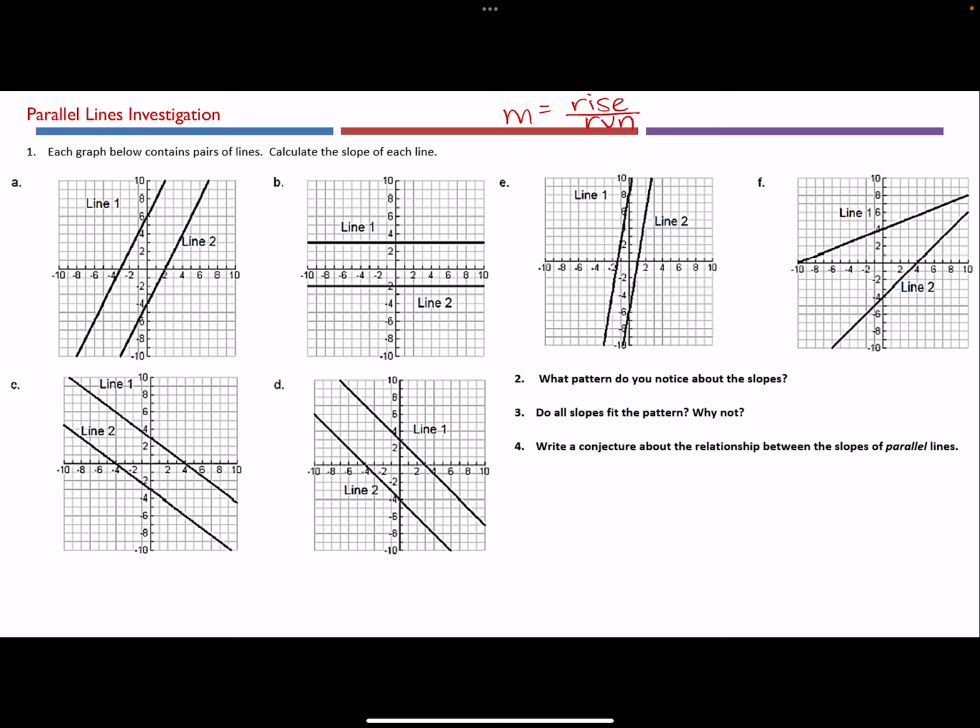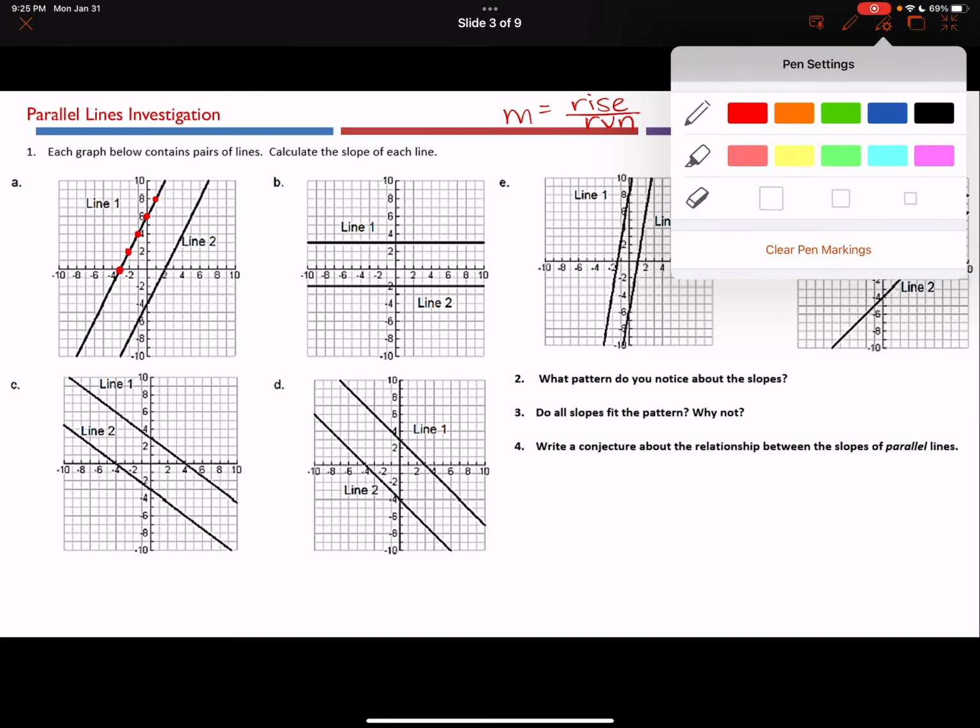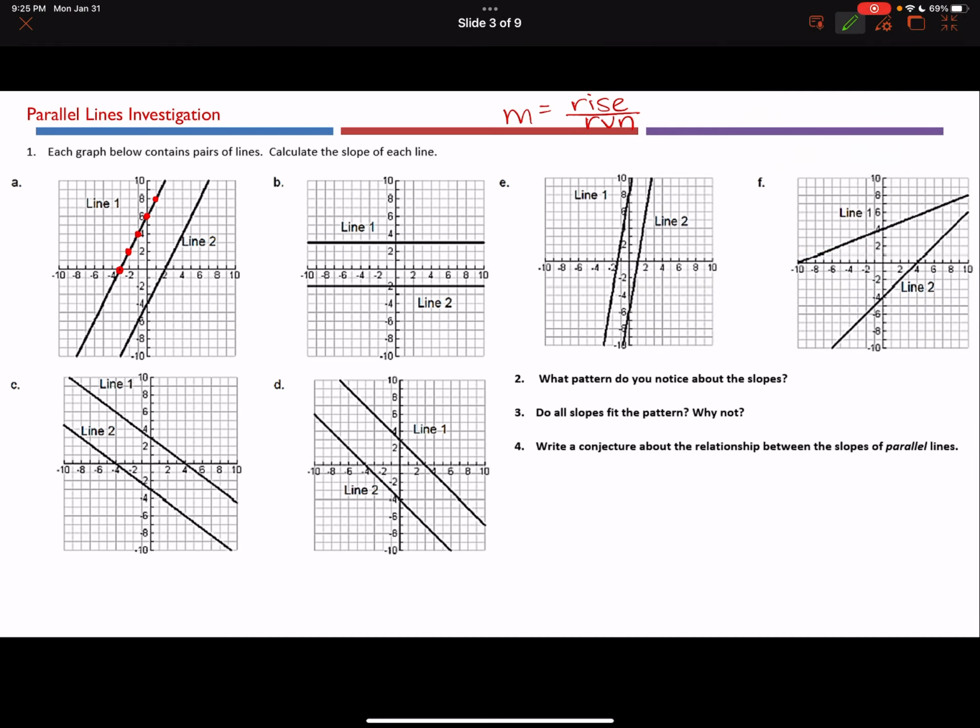So we're going to pick 2. I'm going to just get you started. I'm going to start at letter A, line 1. We're going to pick 2 points on that line. So I need to make sure that the line intersects the grid marks exactly. So my line kind of goes through those grid marks exactly. It goes through here. It goes through here, here. I don't need all these. I can just pick any 2, but I'm just trying to show you that I have a bunch to choose from. So I'm going to make 2 of these green, and these are the 2 that I'm going to use